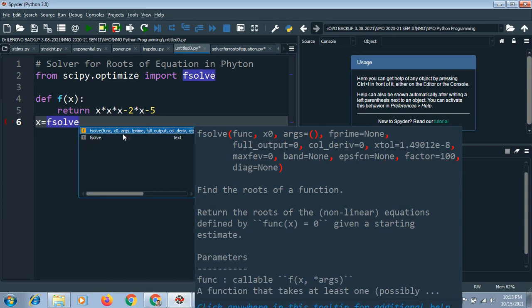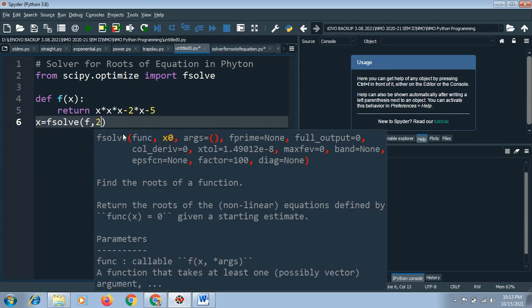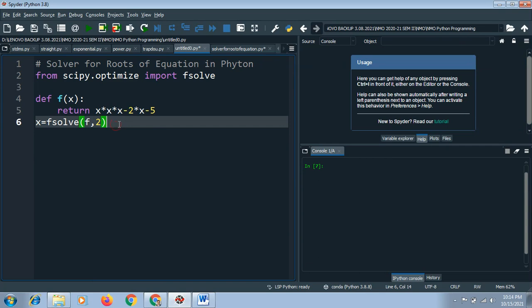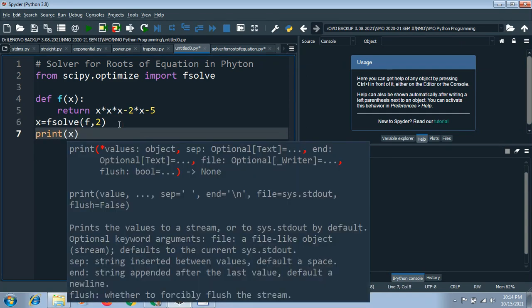This fsolve is my function, the inbuilt solver which we have imported from scipy.optimize, and finally we are going to print the value of x. So how does the solver statement look?